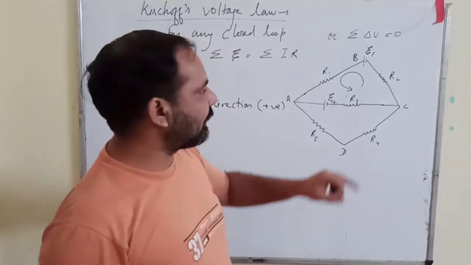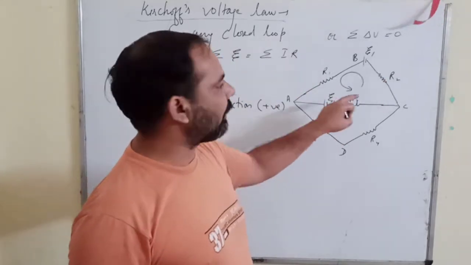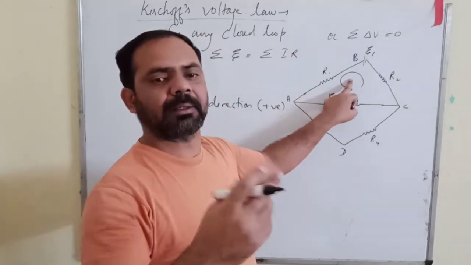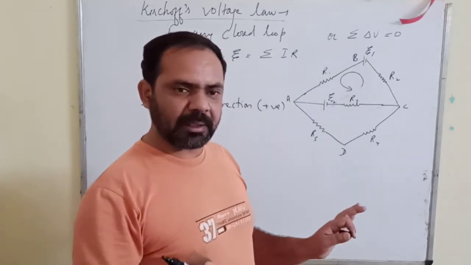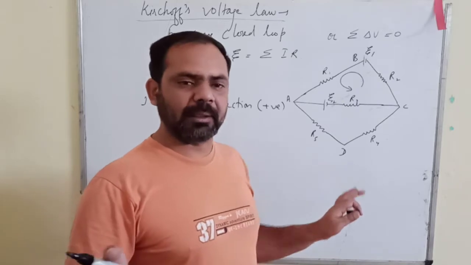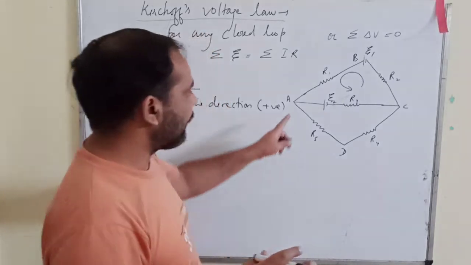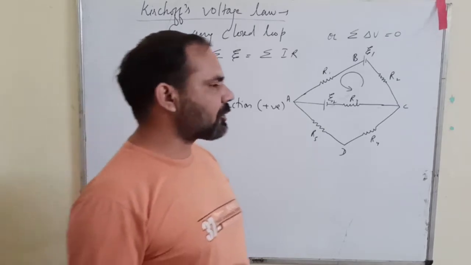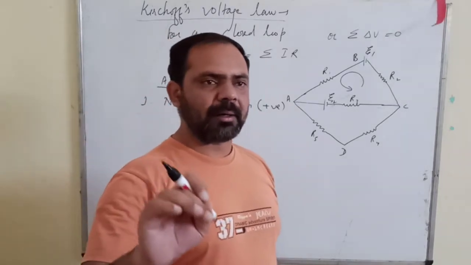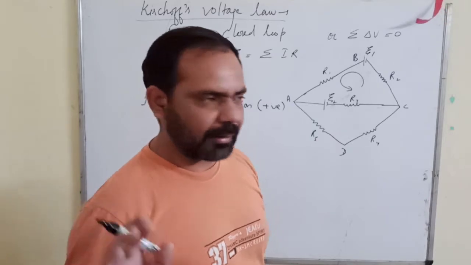It should not be like this, that for one equation you are taking this as the positive direction and for the other one you take the opposite one. You choose a direction but keep it constant, then you don't change the direction. So here I have taken the anti-clockwise direction as the positive direction. Now you start from any point and start marking the electric current.